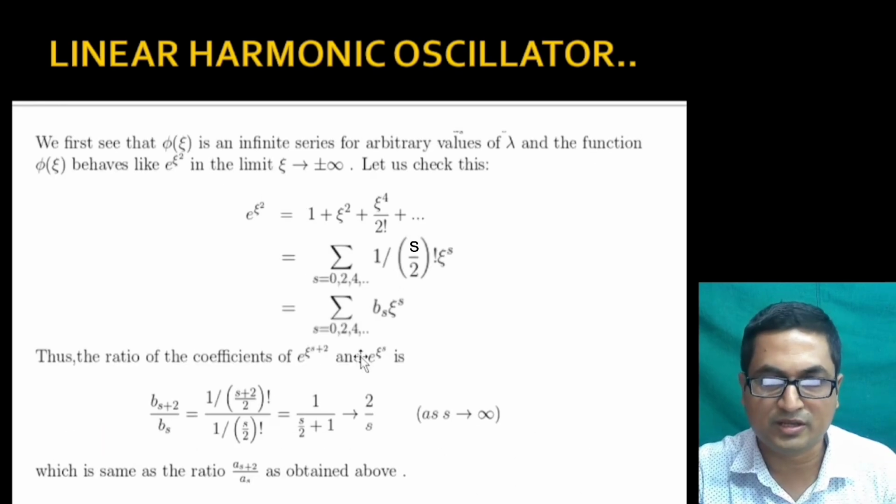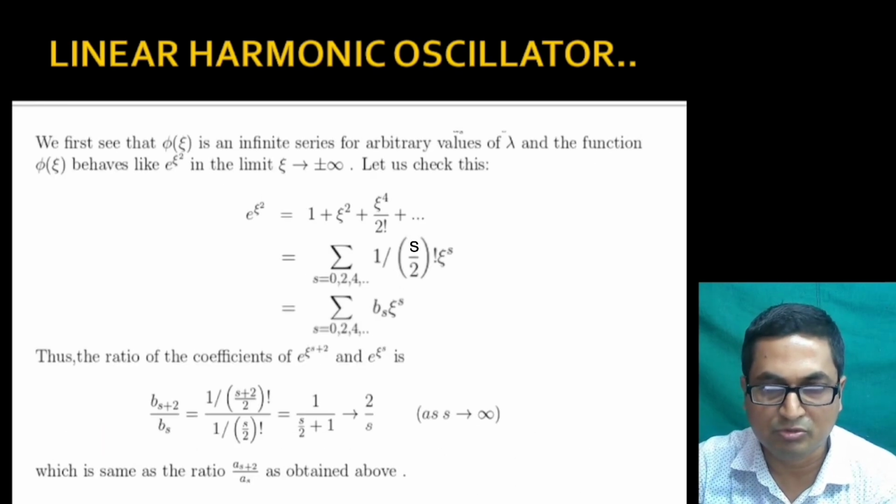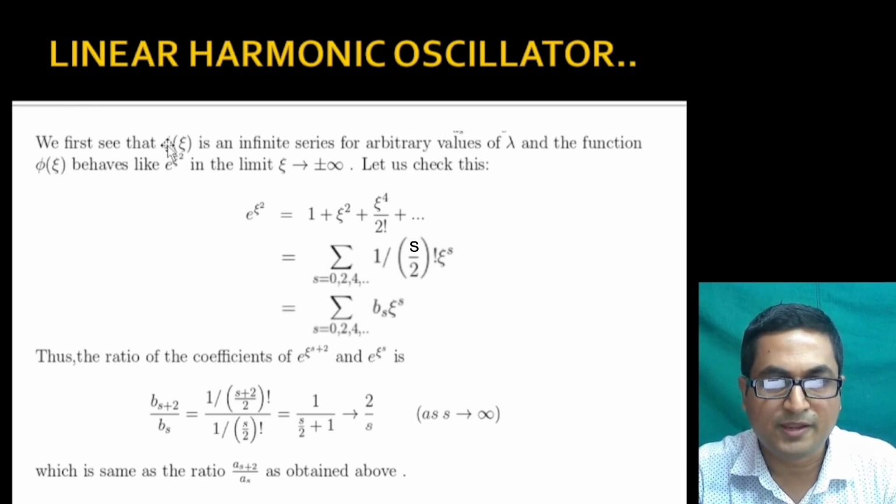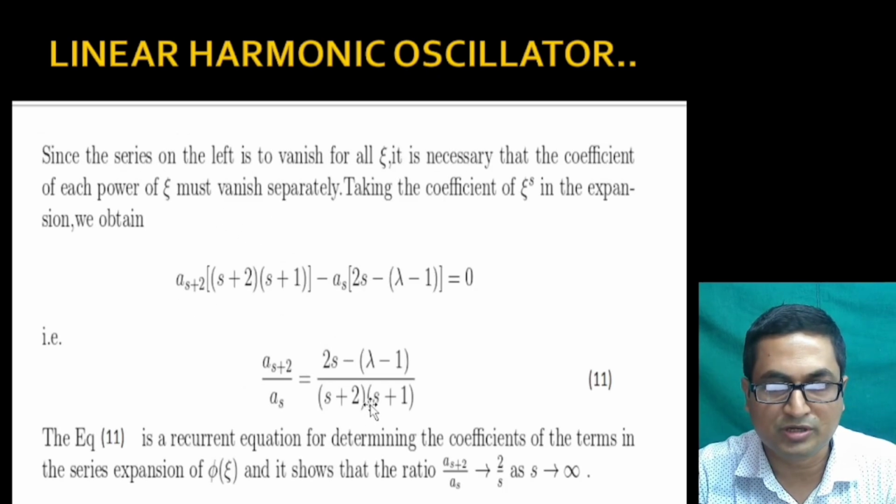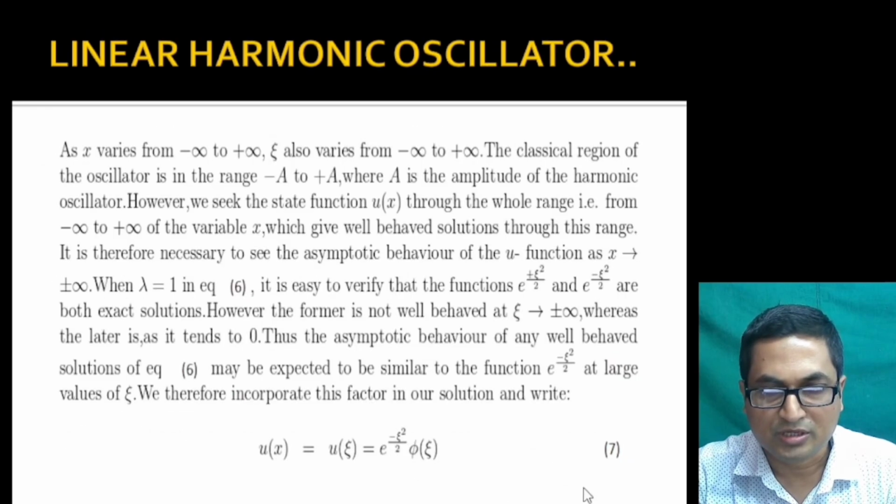So in the sense that our coefficient bs is no longer different from as, and in the sense that this phi is now e to the power xi square. So our form of phi is now e to the power xi square, and putting this expression e to the power xi square back in equation 7 here, our u as a function of x or of xi